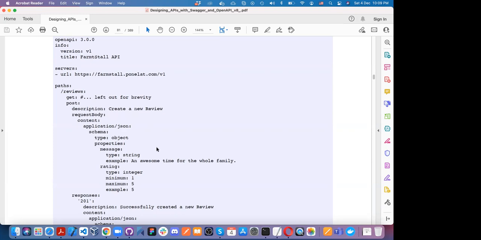In the schema there should be properties, and one property should be message, rating, and this type of things. So this is how we will describe our API post method. So for me, what I understand, I have stated here. Now, Awais could add something else if he needed.